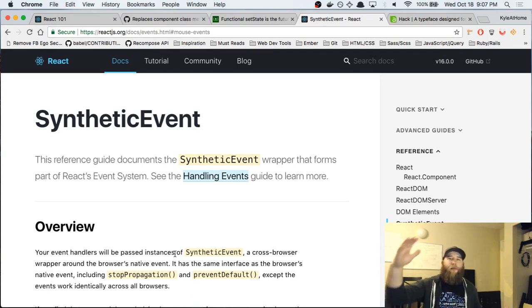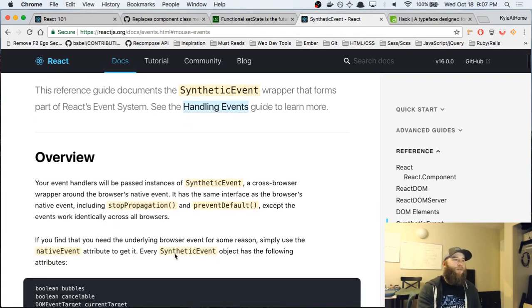But that's how they're able to make their library so small. Like React 16, I believe, gzipped is like 32 kilobytes. 15 was 45 or so. But a good portion of that was prop types, which they separated out for that reason, and also the synthetic event handler. But it does act as a really nice layer for you to not have to worry so much about, is this going to get handled in this browser and that browser.